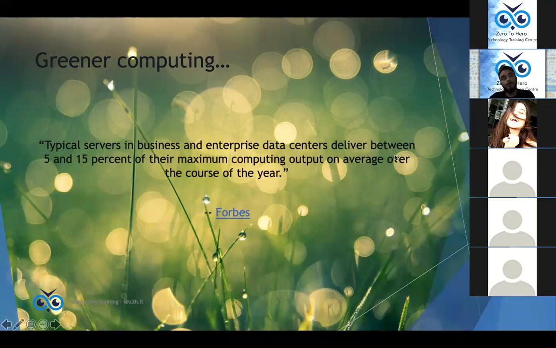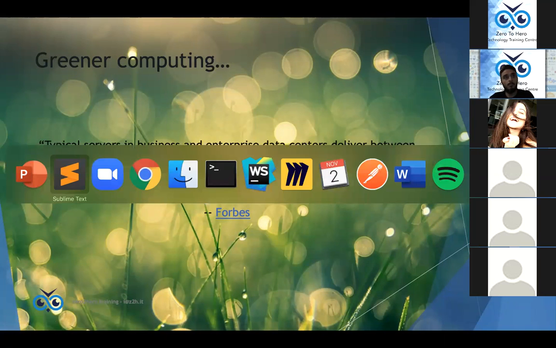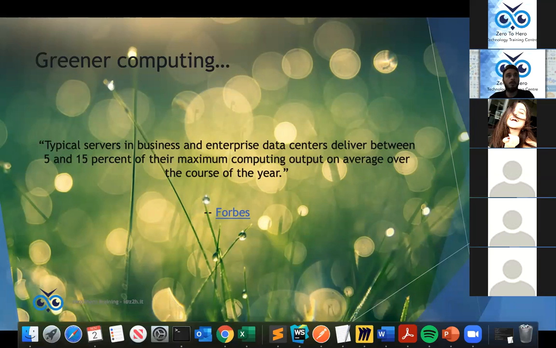When I was looking for the benefits of using functions, I found this very interesting statistic. This is quite a huge amount of idle servers. This is extraordinarily inefficient and creates